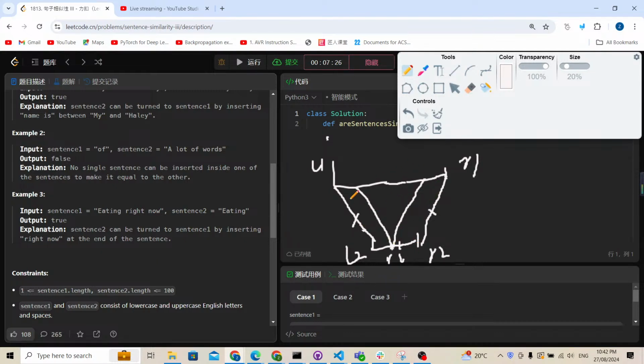If from some place L1 is not equal to L2 and R1 is not equal to R2, definitely I'm gonna return false, because from the left side and the right side I cannot find even one word that is equal. It means that it is not possible. So why am I going to compare equal? So if they are equal, definitely this means I can